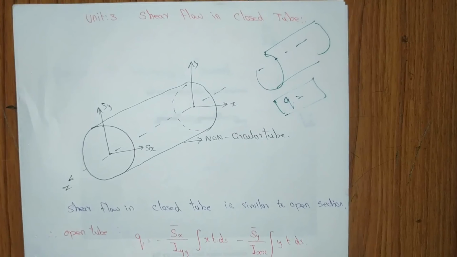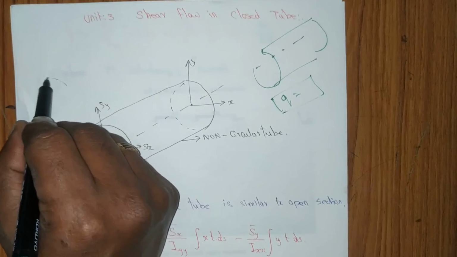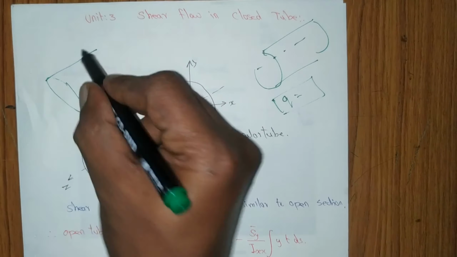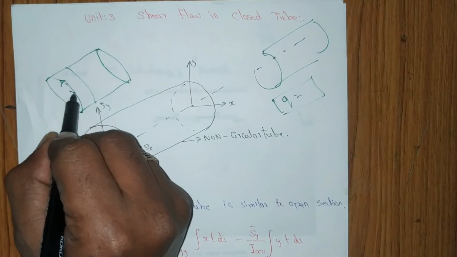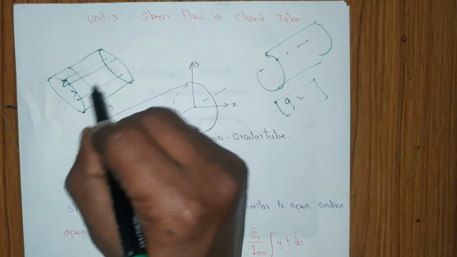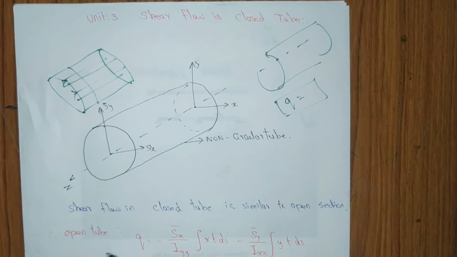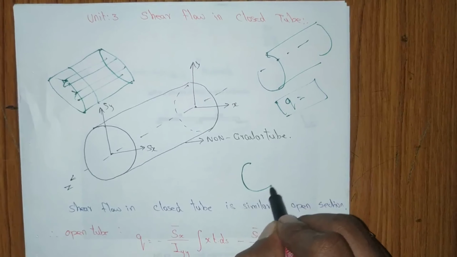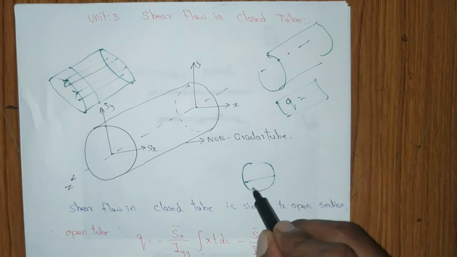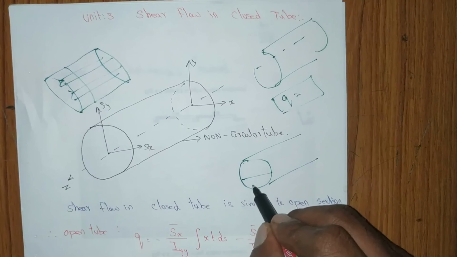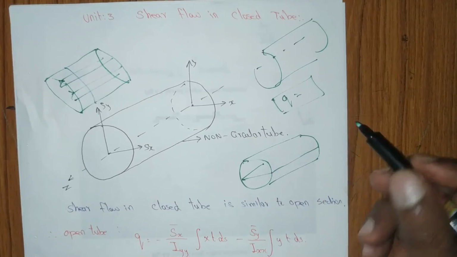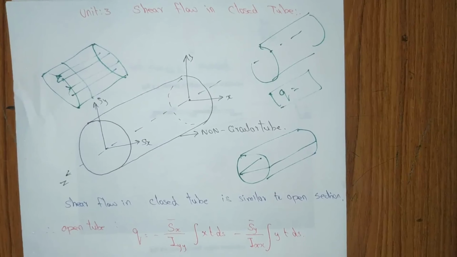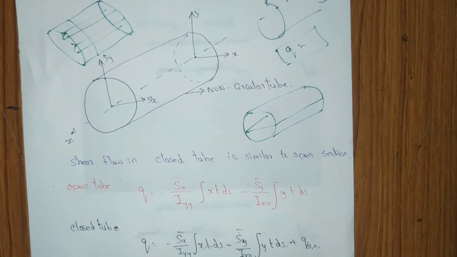Wherever we see the closed section is basically in our aerofoil wing, which will have a number of closed sections, right? You have your T section, ribs, and spar will be there, right? Similarly for your fuselage, you have the bay, cut section, monocoque and semi-monocoque structures. So you have the closed element, right? So here you need to find out the shear flow in the closed section.